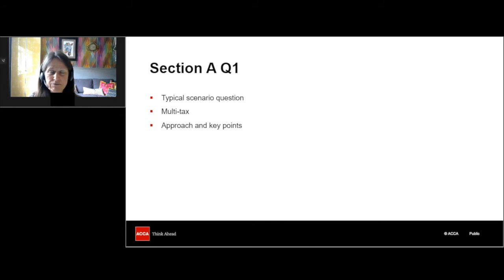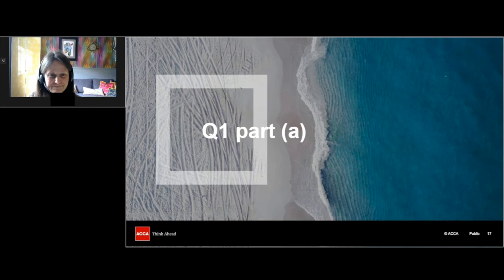I'm going to go through part A, which is the ethics bit, to begin with, and then between those I will pause, and if there have been any questions, I will deal with those in between. So the first section is question 1, part A. This is going to play in the media player.